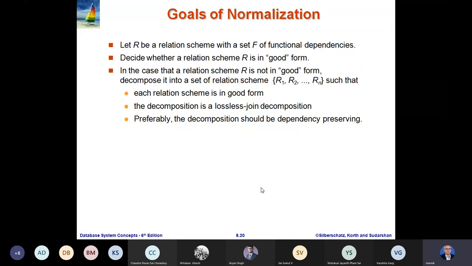If we want to stick strictly to BCNF decomposition, even though the decomposition may not be dependency preserving, and we agree with that, we are fine. But we have to remember that whenever we do so, we will definitely require checking for the FDs when tuples are inserted in those decomposed relations. We have to ensure that the FDs are satisfied. Otherwise, there is no point